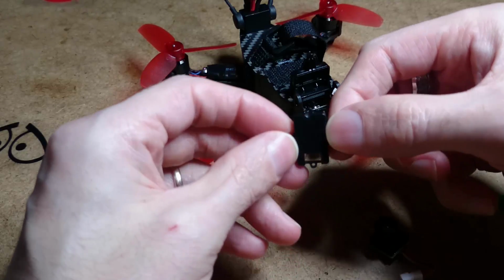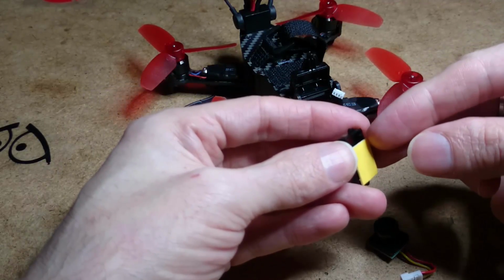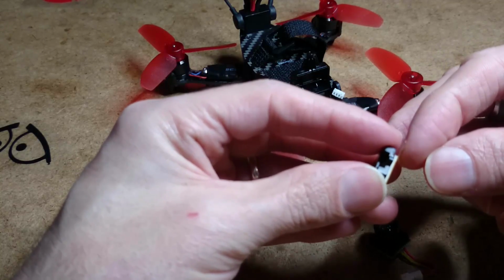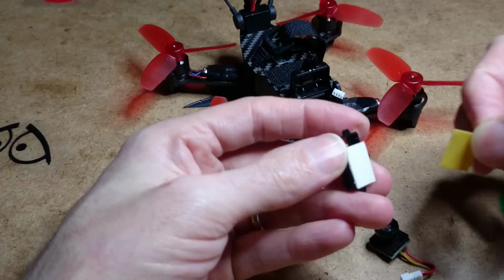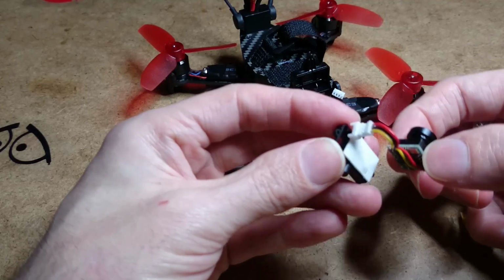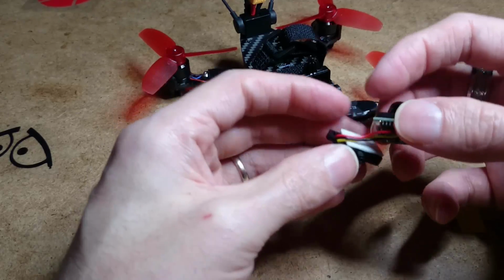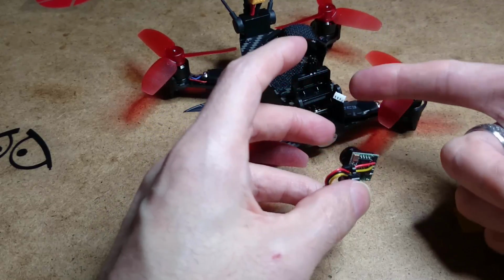Now we're only going to use the swivel part of the holder. This is the exact same way that I did the Rodeo 150. I've used this 3mm double sticky foam tape under there, but I've used another, I think it's 1mm, on top of that, and I'm just going to peel that off. What I'm going to do is add some sugar on top of that, and fit the cable through here. I'm not going to use the plug and socket. Once I've got all that stuck on there quite nicely in the middle, I'm going to cut the socket off,